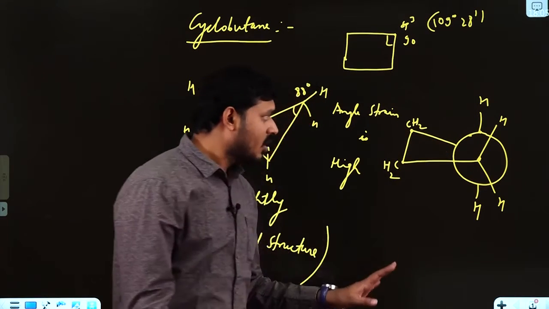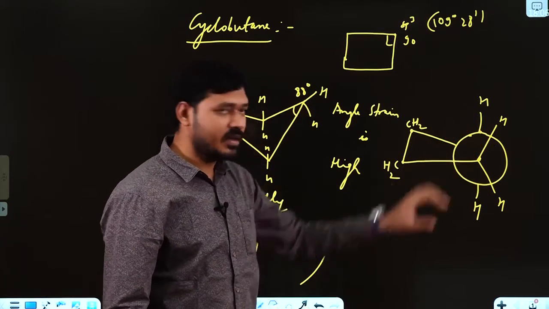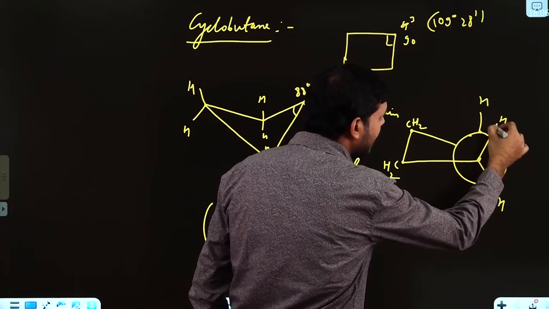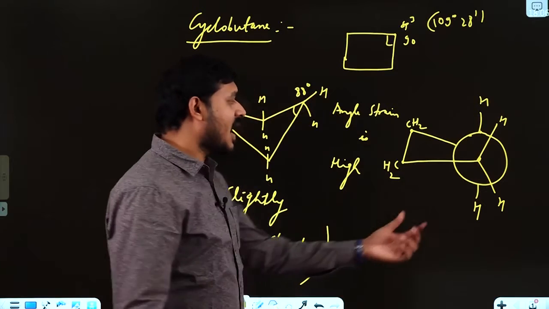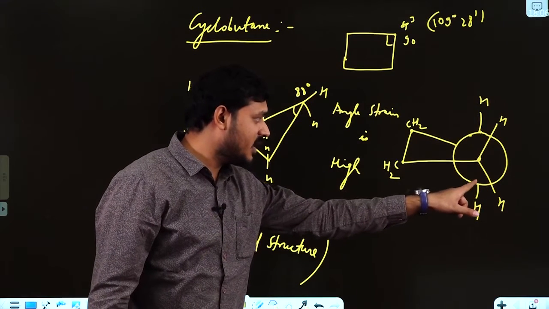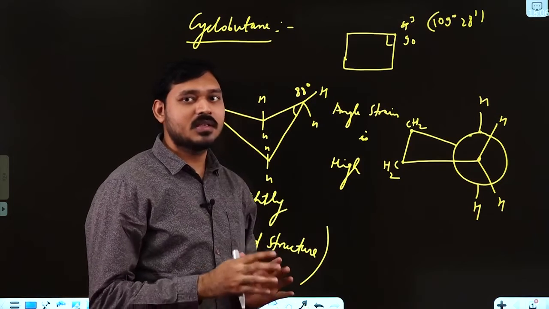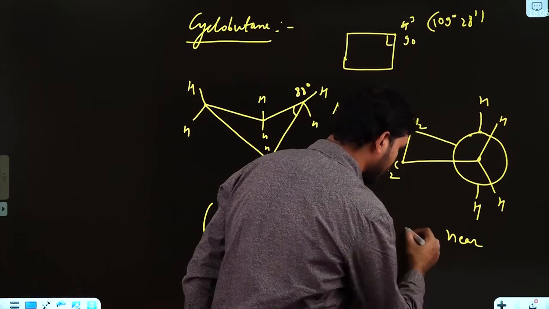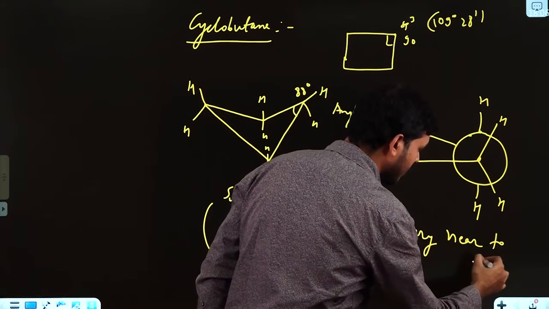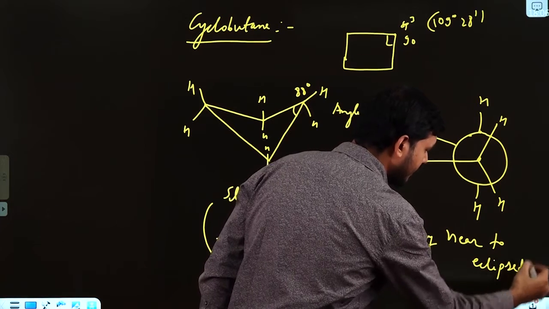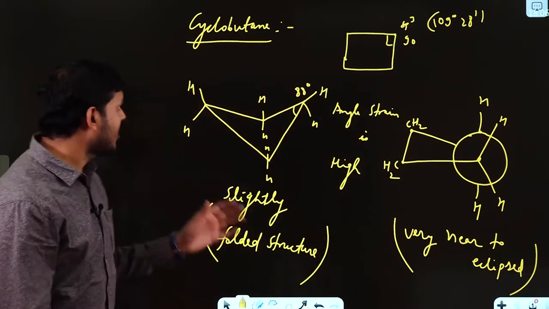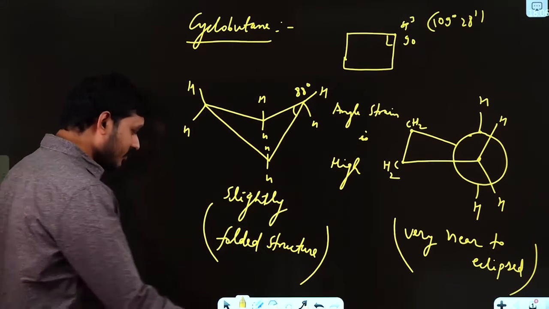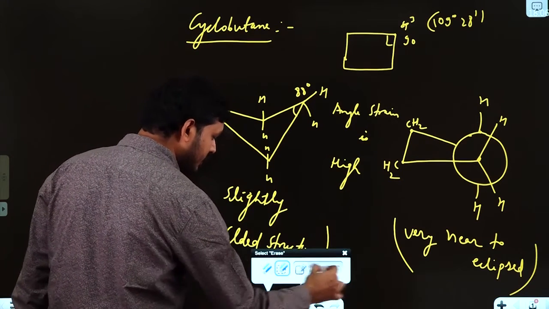Now here, what about the eclipsing in this part? You have to understand, it is not perfectly eclipsed, means the dihedral angle between this CH bond of front carbon and this back carbon CH bond will not be 0 degree, but it is very near to eclipsed. Okay, so this is all about your cyclobutane Newman projection formula. Clear? Okay, so next come to